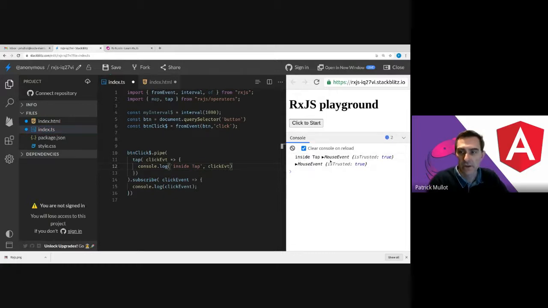there are two things happening. The data comes from the observable. It goes through the pipe. The first thing it encounters is the tap operator, so it will execute the code from the tap operator. It gets the click events, the data which is flowing inside the pipe, and then it displays it. And then this same value is still going to the subscribe at the end of the pipe, and you just show it. So to make it